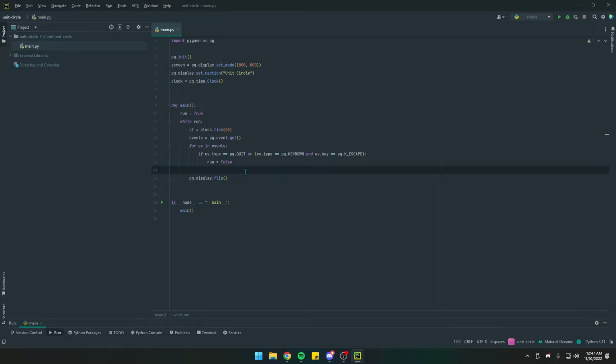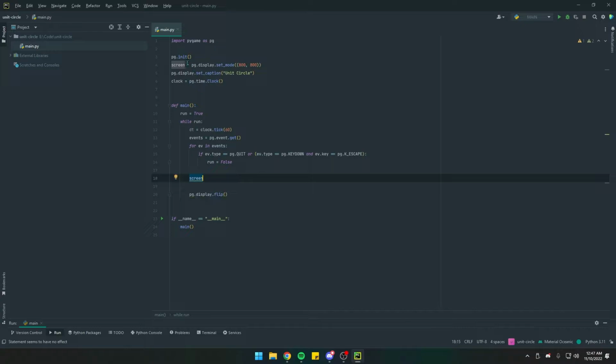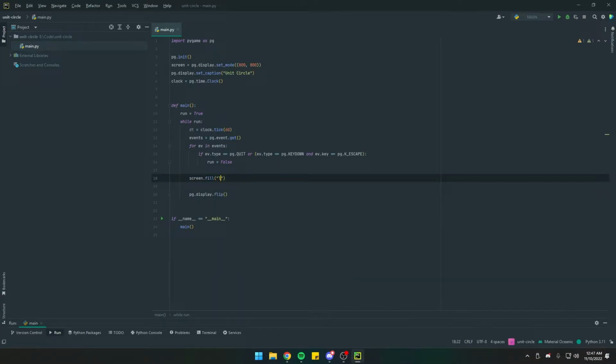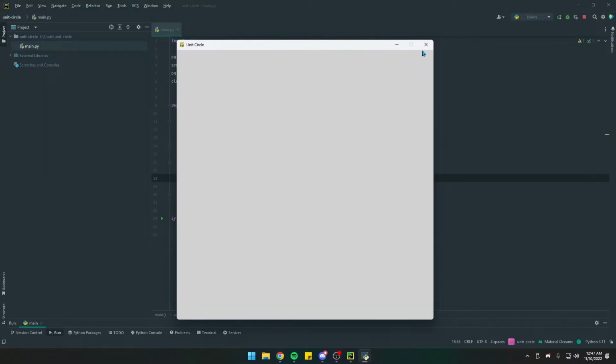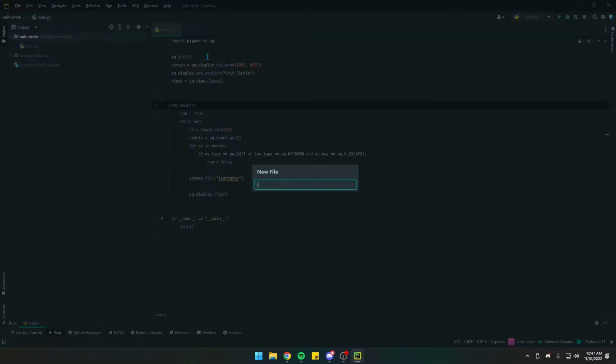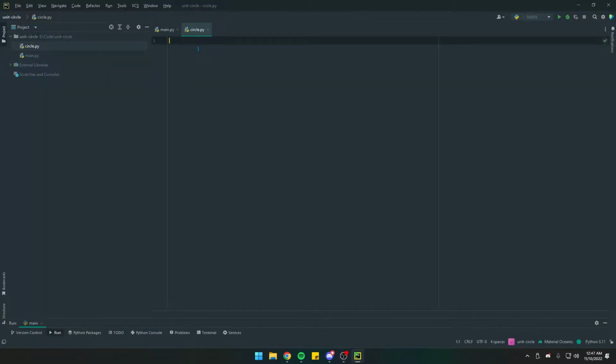And you know, black background, kind of lame. So I'm gonna get my screen surface, because this returns a surface of 800 by 800 pixels for me to draw on my window. I'm gonna fill the surface with a light gray color, and now we got a light gray color. Let's make another file called circle.py, and in here I'm gonna import Pygame again,